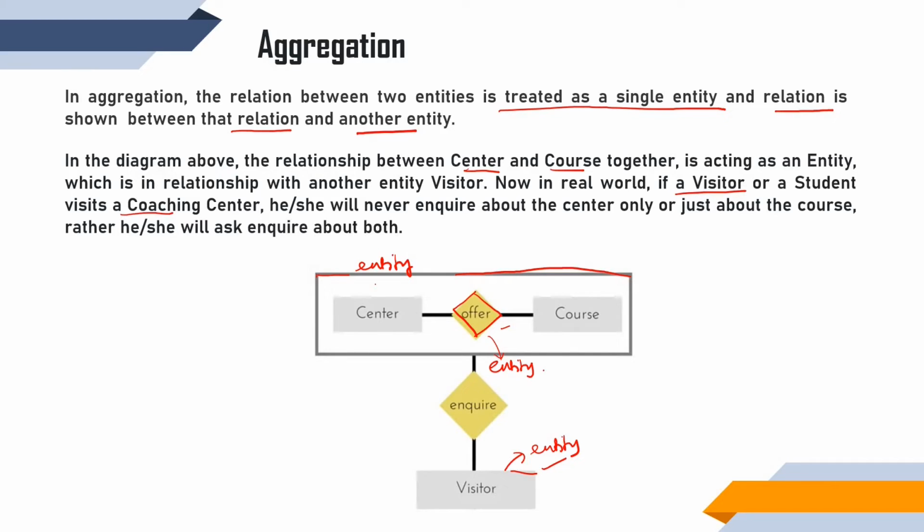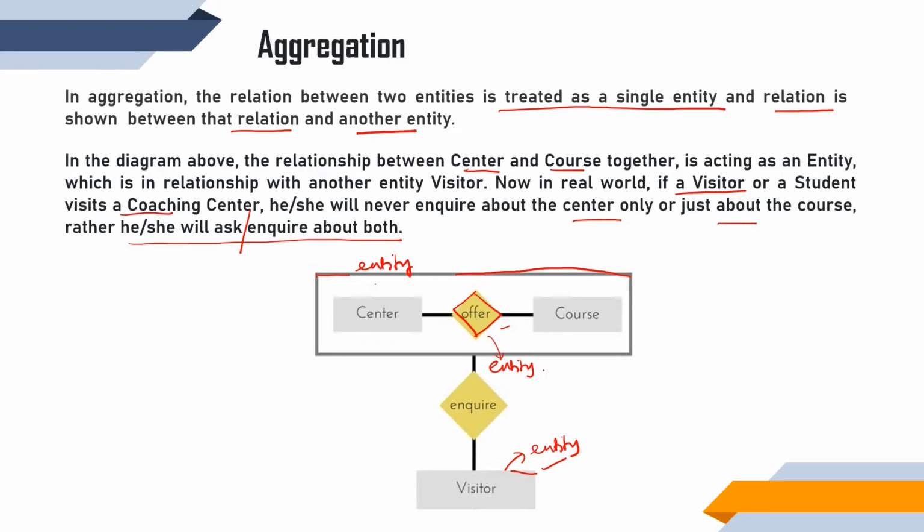she will never inquire about the center only, right? Or just about the course. He will never inquire about only center or only course. Rather, he or she will inquire about both the center and the course. Maybe he wants to know the result of that particular coaching center. Also, he wants to know what kind of course that center is offering. That means there should be a relation between offer and visitor, and that is taken care of by this aggregation